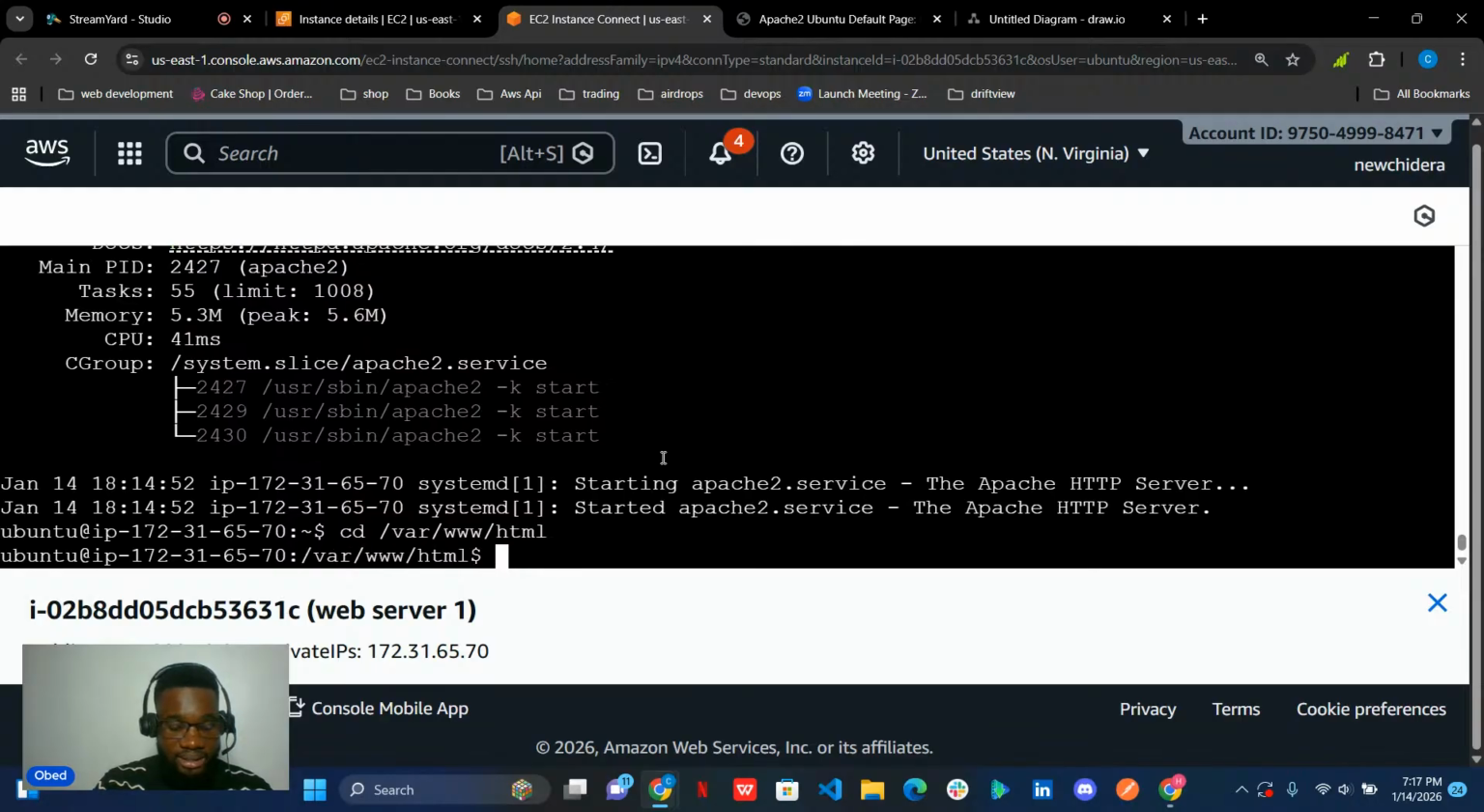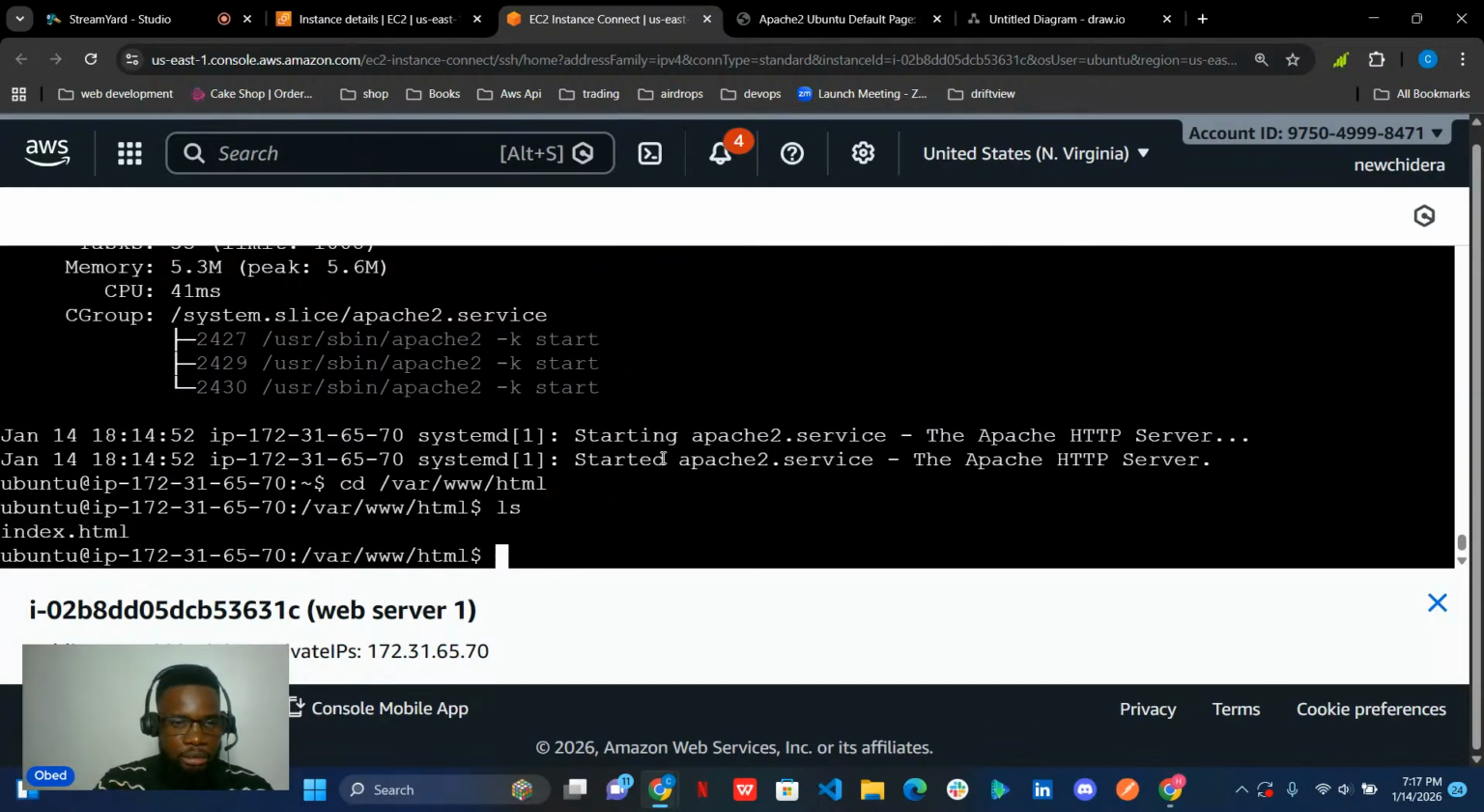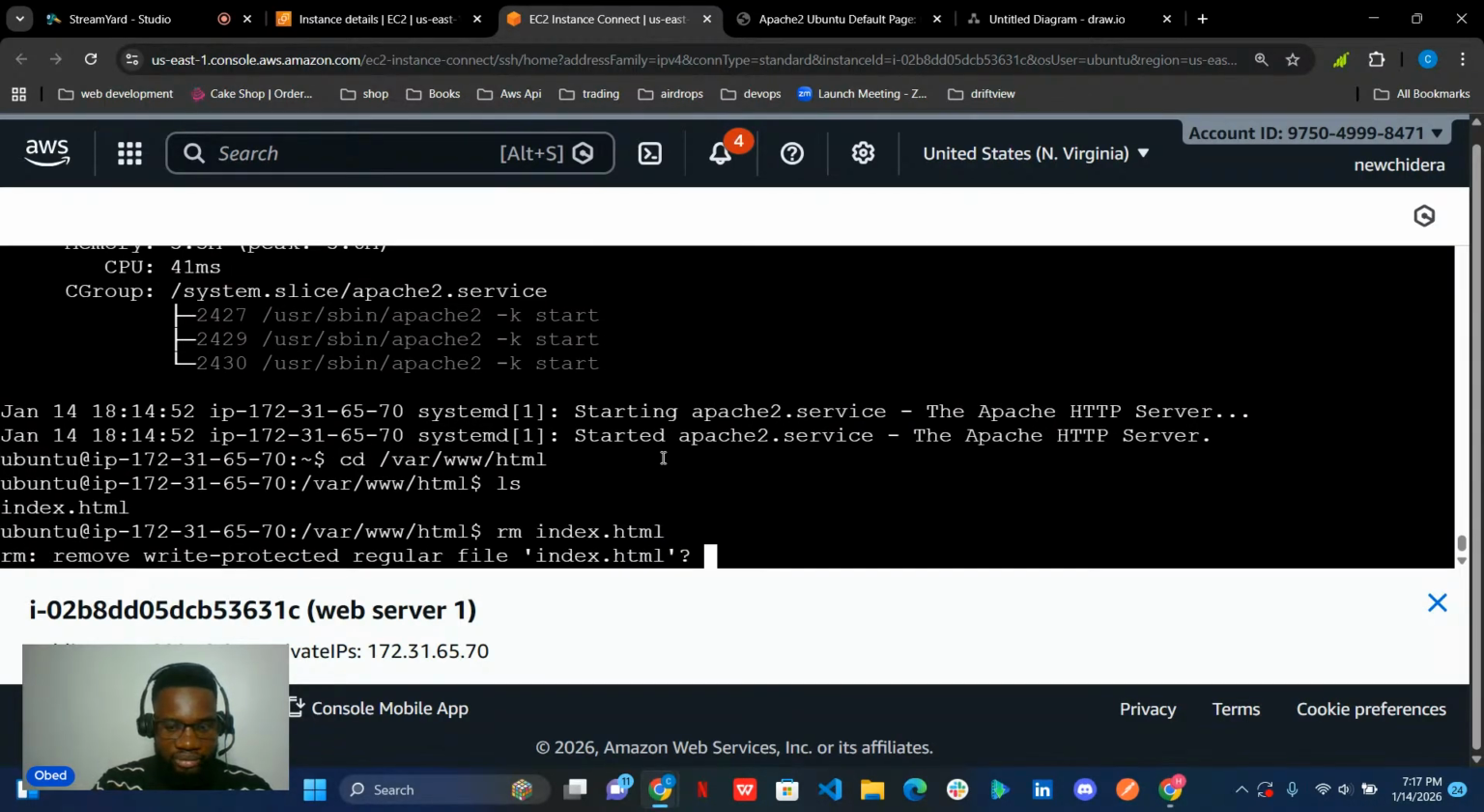In this directory, I want to locate the index.html. I'll simply delete that file, with rm to delete index.html. I'll remove that file, and now